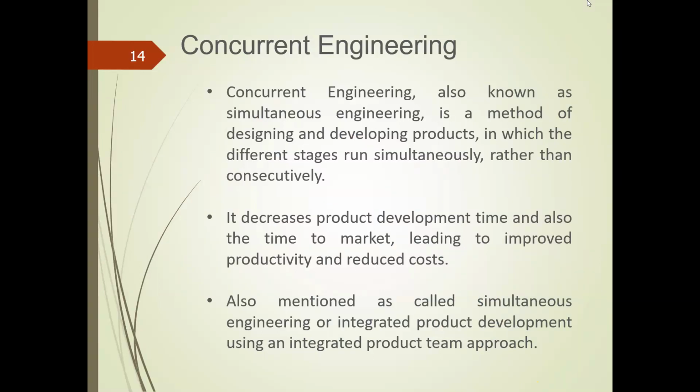Agile, or sequential project management, is where you break up the project into small projects or small phases or stages. Once the first stage is complete, you move on to the second stage, and then the third stage. But concurrent engineering is where all the small projects are simultaneously monitored, controlled, and executed